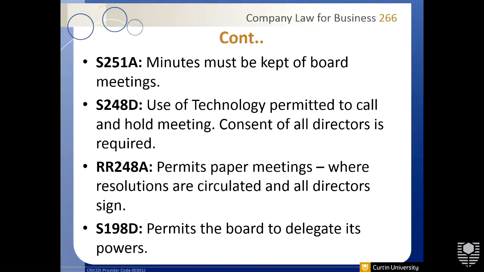Now, minutes of a meeting is very, very important, both for the directors' meeting as well as the members' meeting. This must be recorded in a minutes book, which means all decisions have been made and the minutes have been duly signed off. It must be kept in the book. And when auditors go in, they will actually look for the minutes because they want to see where the authority to make a certain decision came from. And this would be evidence of such authority. So that's the reason why minutes are very important. And again, for directors meeting, you can still use technology. You can be in the Bahamas enjoying yourself and still attend a meeting.